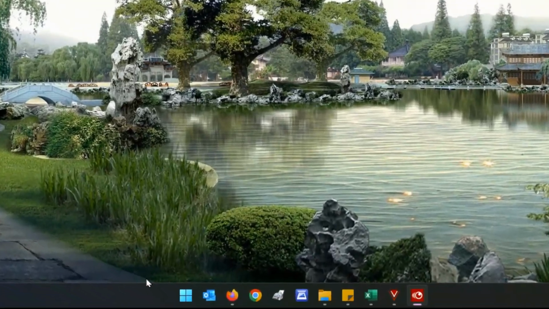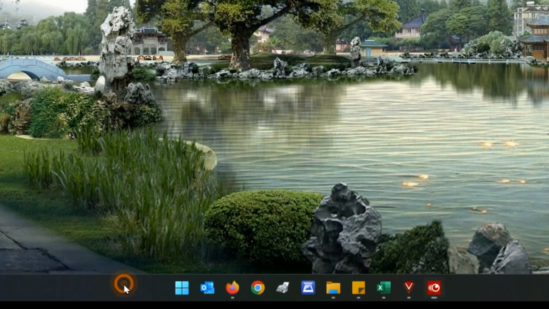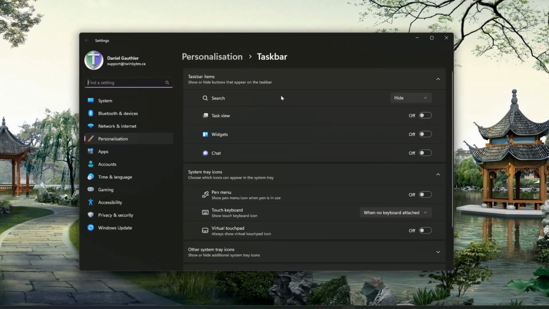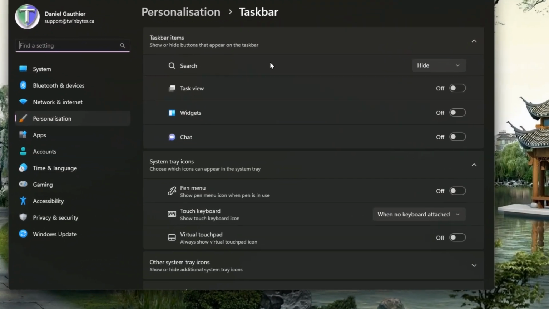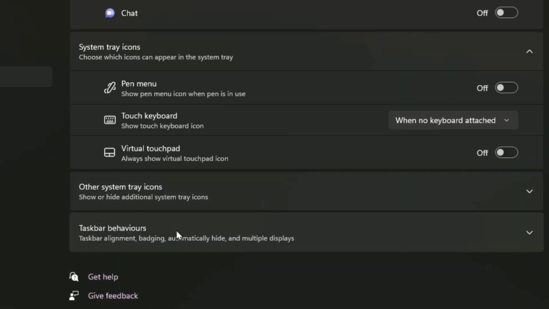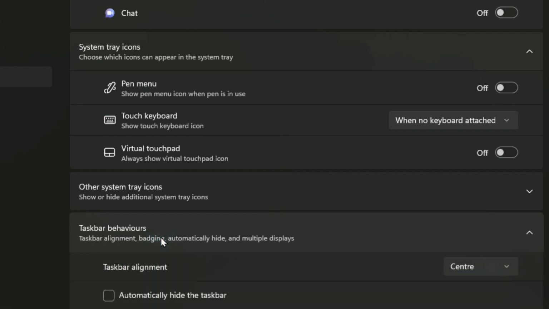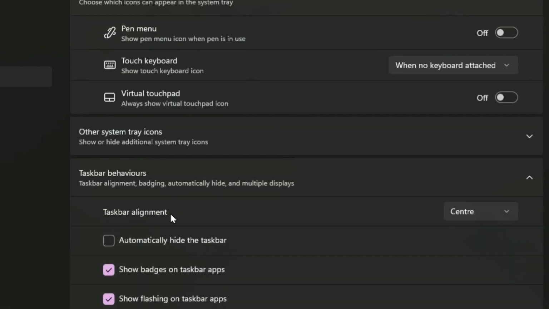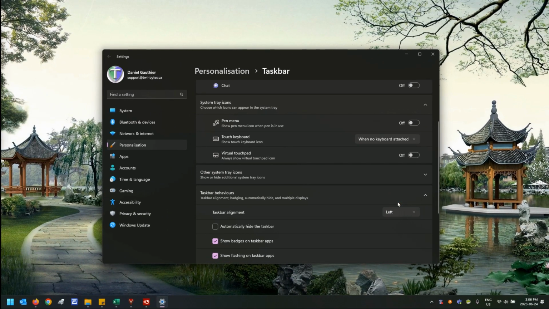The quick way is right-click somewhere on a blank area of your taskbar and go to Taskbar Settings. This takes you straight to the Personalization section under Taskbar, and then if you go down a little bit, you'll see Taskbar Behaviors, which includes Taskbar Alignment. Click on that, and then just down one, you'll see Taskbar Alignment. It says Center, and you would just click in there and choose Left, and you'll see it immediately jumps over